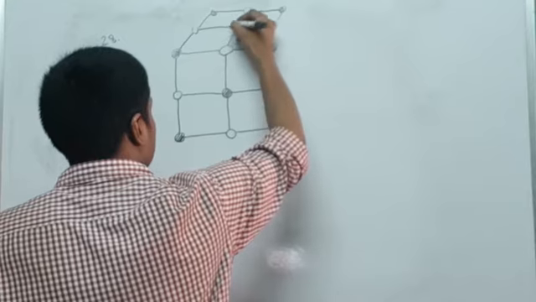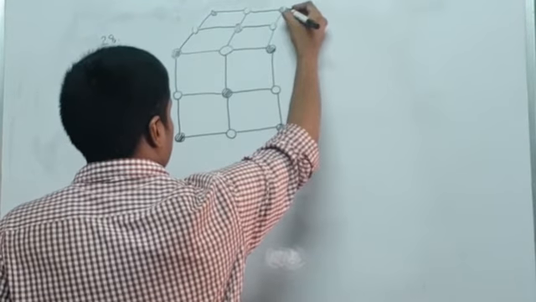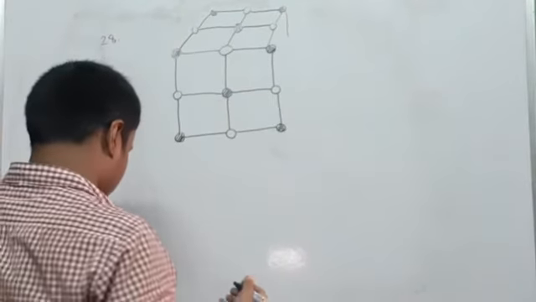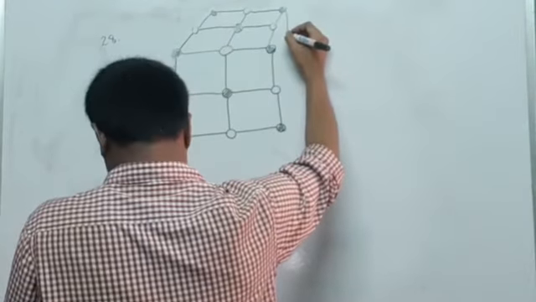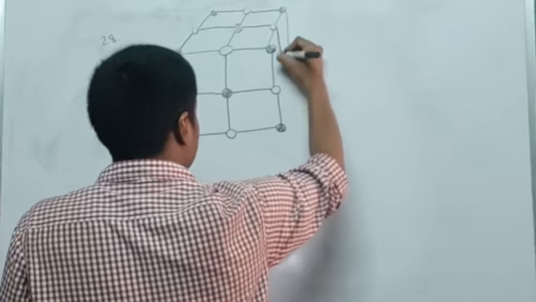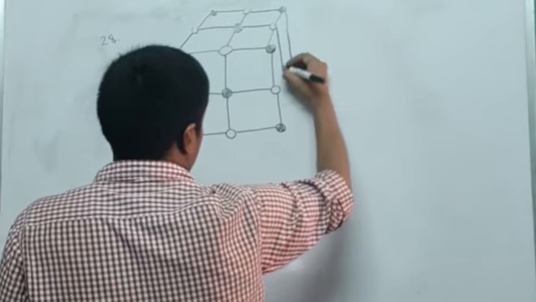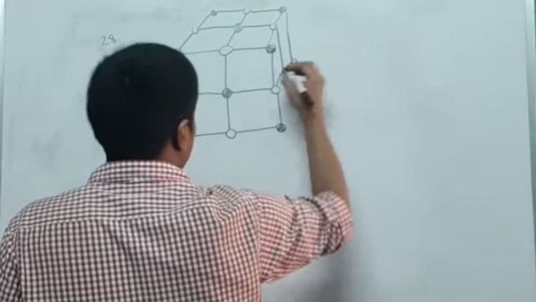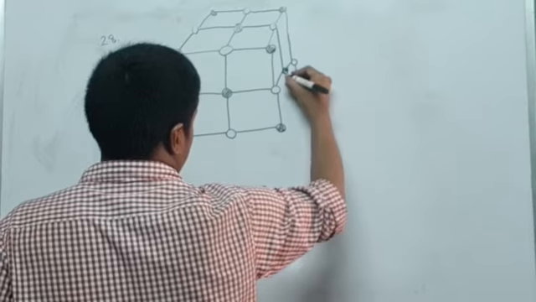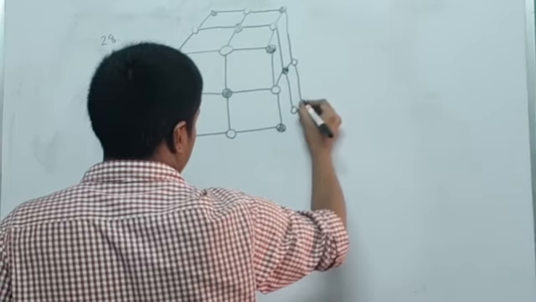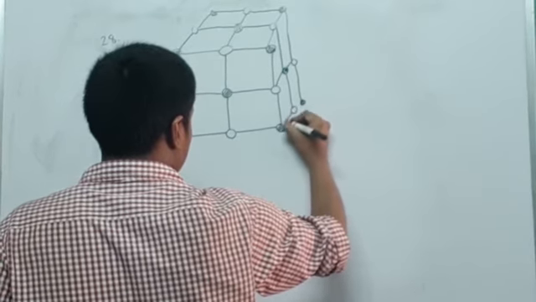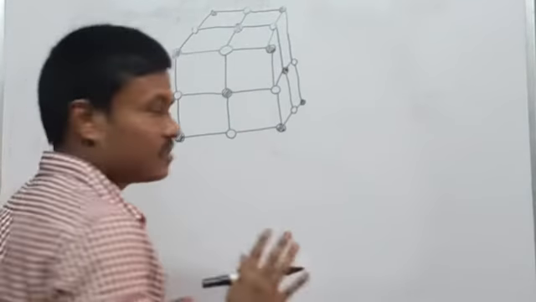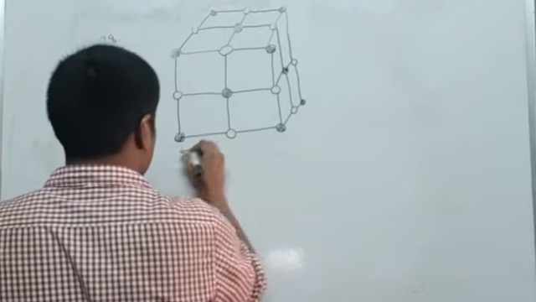And then we have the same thing coming down here, same thing coming down here, shaded, unshaded. Now you see, it looks very crude, but this is what the structure looks like, and the lattice